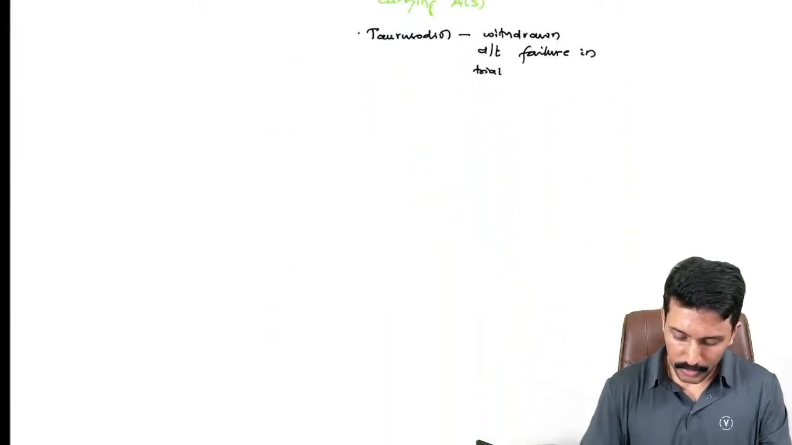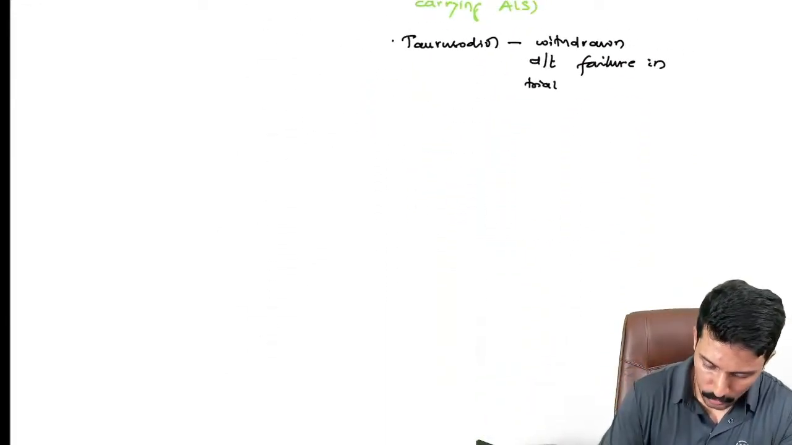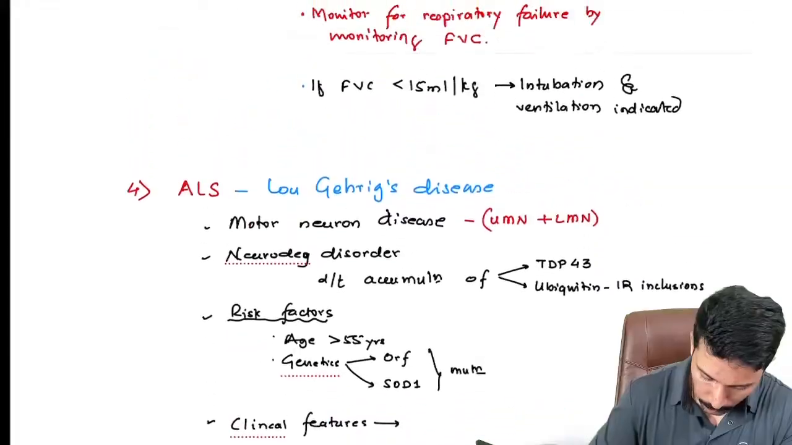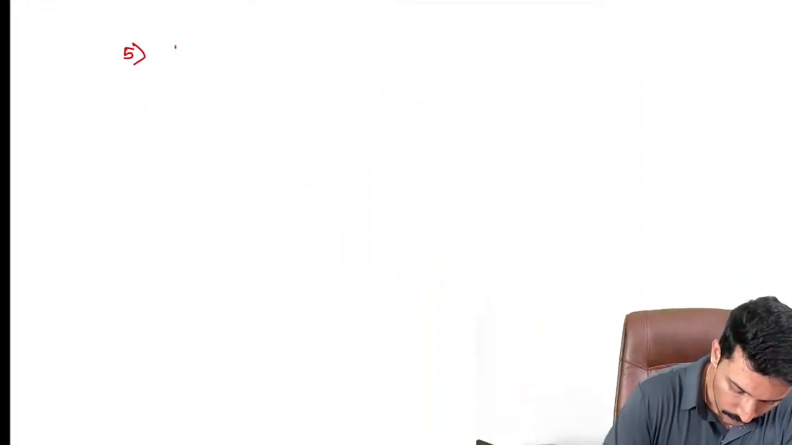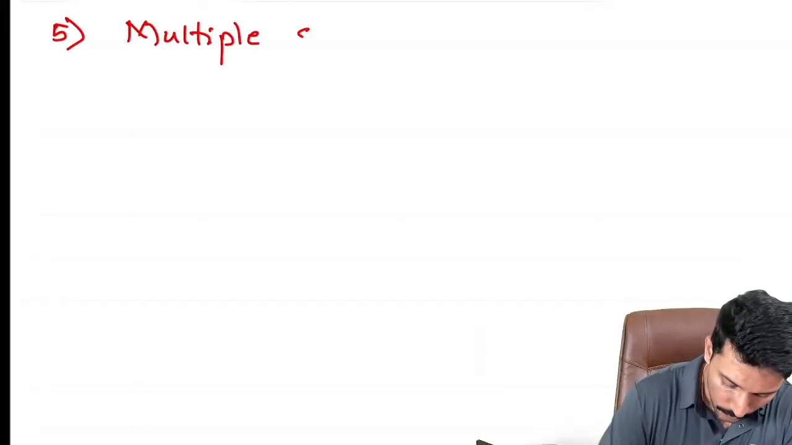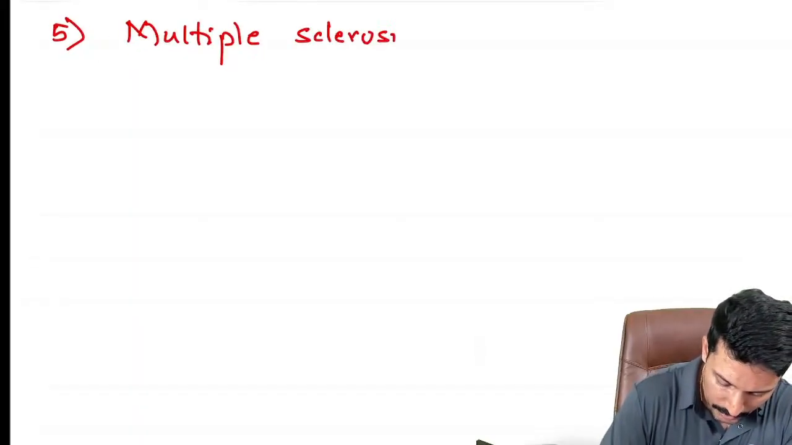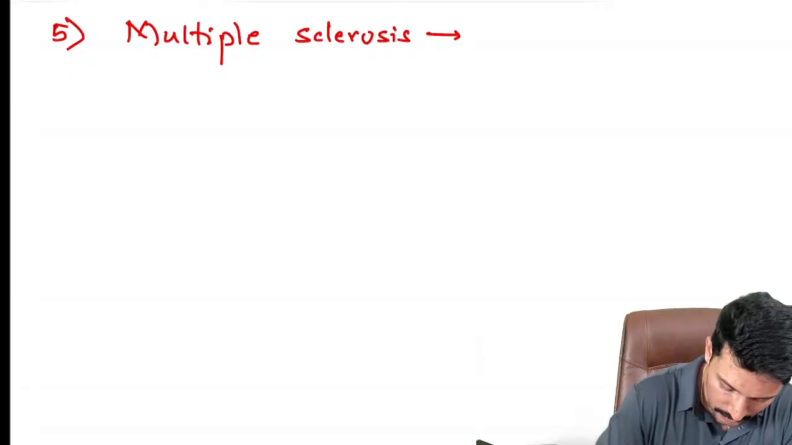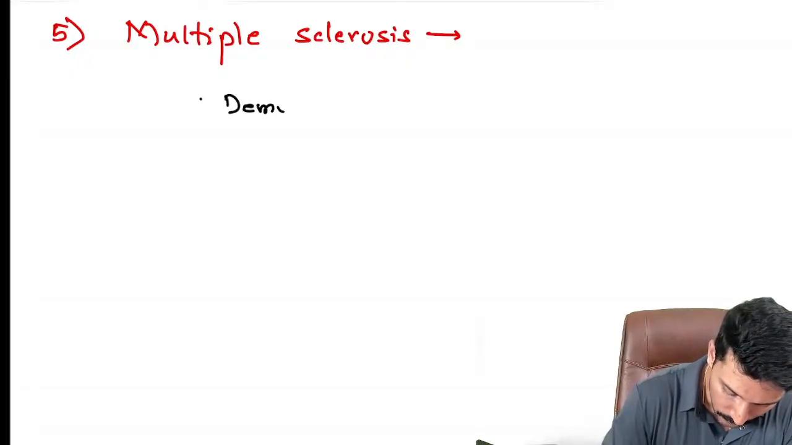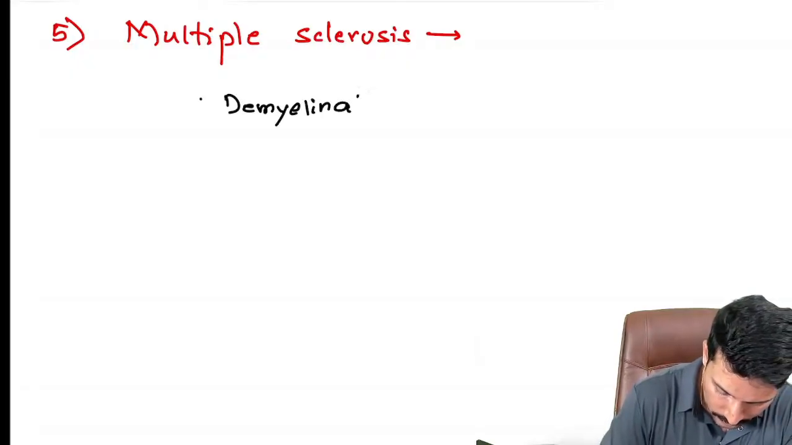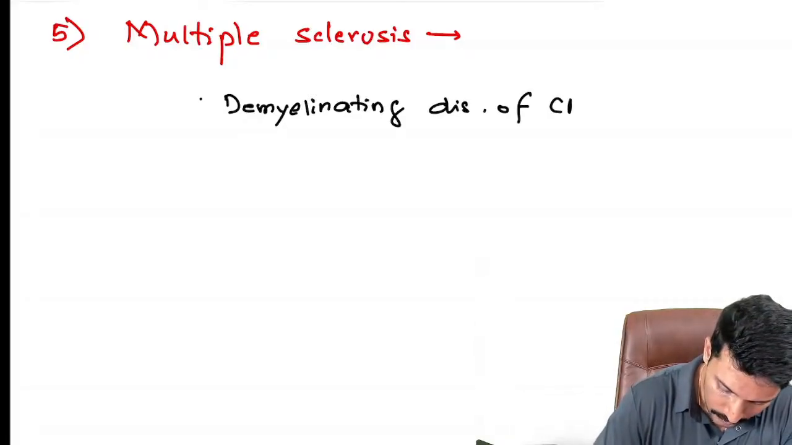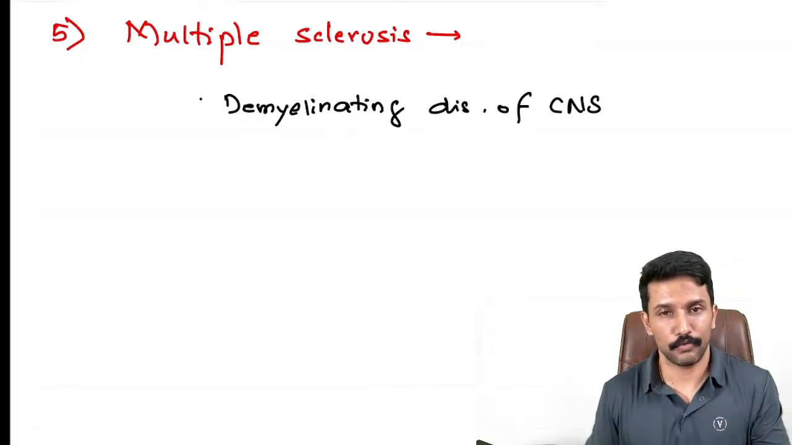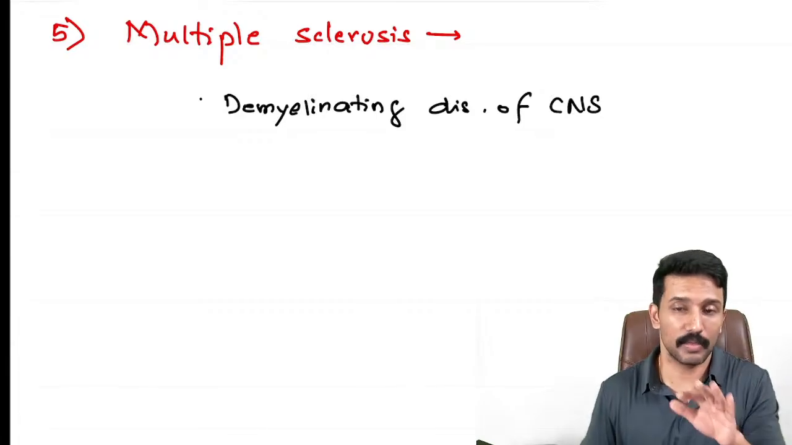The next topic that we're going to discuss is multiple sclerosis. So what is multiple sclerosis? Multiple sclerosis is a demyelinating disorder of CNS. It's a demyelinating disorder of CNS. And I think I have told you that this is a condition which is comparable to alopecia